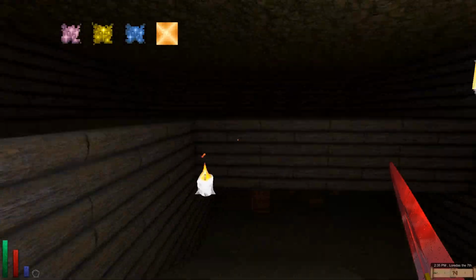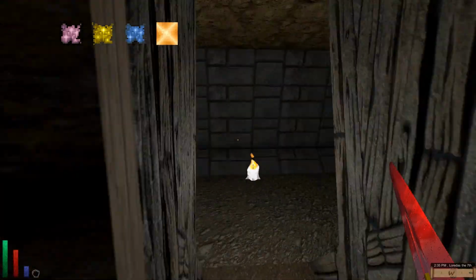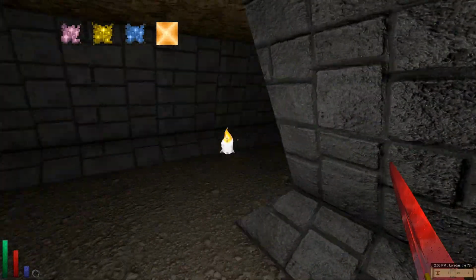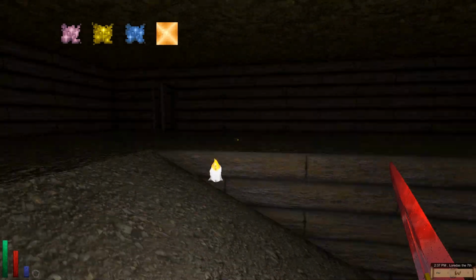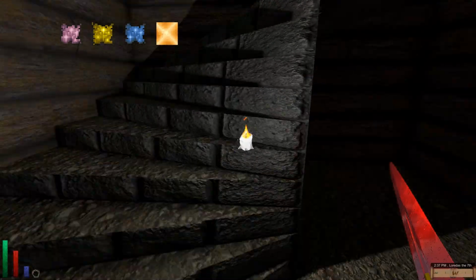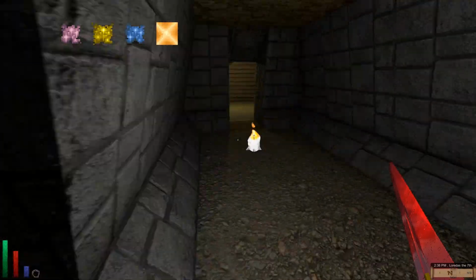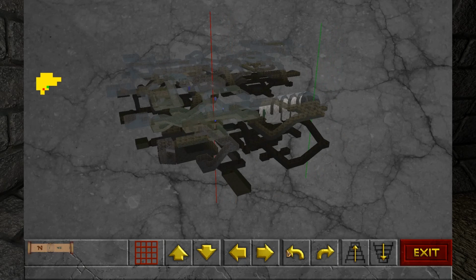Okay, this is not the way we went last time. Perhaps this is the way to get off to that deeper area of the dungeon. Okay, I don't think it is. I do not think it is. This seems pretty empty. So let's not go this way. Let's, in fact...